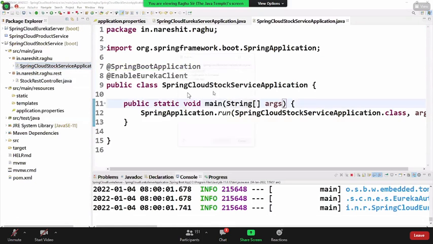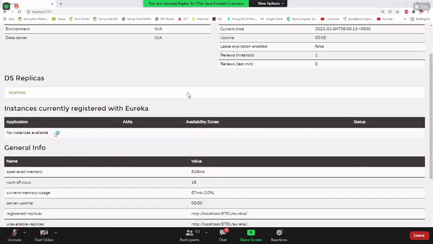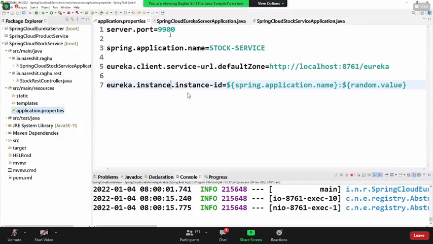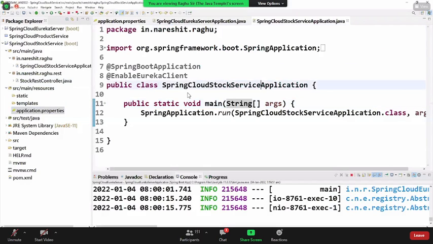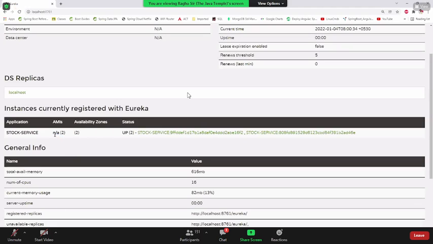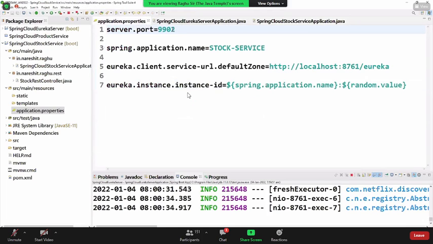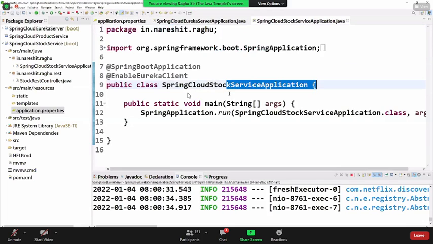Run the stock service: one instance available. Modify the port number and run the stock service application again. Another port number, see another service here. One more time change the port number. These are called multiple instances.